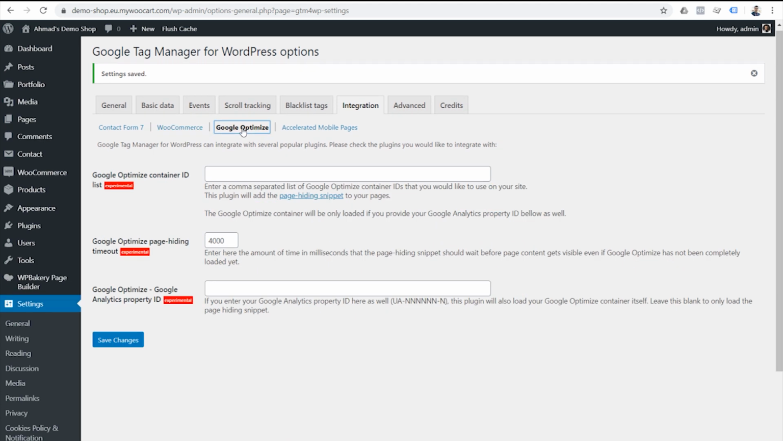Now we can also take a look at the rest of the integrations quickly. It can help you add a Google Optimize container to your website, and it will also add the page-hiding snippet to all of your pages, which is a small piece of JavaScript that helps Google Optimize reduce flicker of a page when deciding whether to show the control or the variation of an A/B test. It prevents the page from being loaded before the control or variation is decided, in order to prevent page